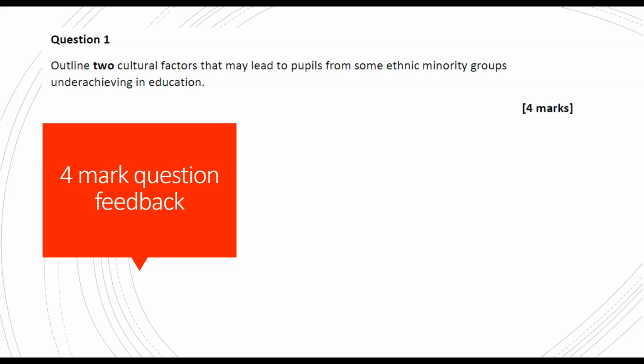So what was I accepting? Well, the most common answer that most people gave was language. Language, we looked at Basil Bernstein while we were still in class before the lockdown started, and they talked about language skills, particularly the elaborated and the restricted code. And a lot of students made the link between ethnic minority groups being more likely to speak the restricted code at school, particularly if English isn't their first language at home.